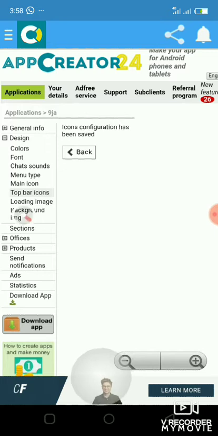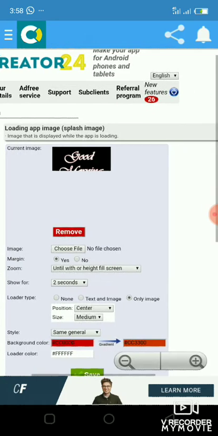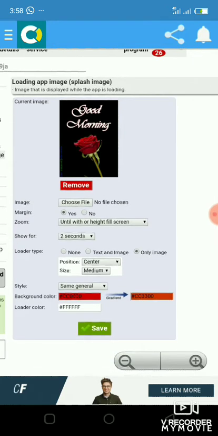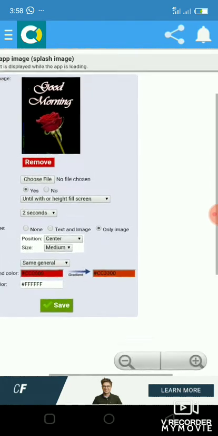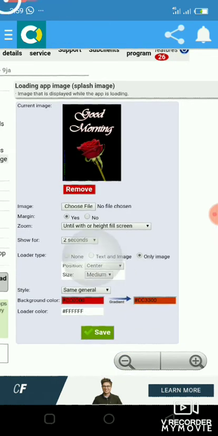Then the next on my list is the loading image. Now click on the loading image. This is the current image on my app. If for example something is loading, like if you are on some websites, if you are downloading something, there's a particular image that will pop up. Or if your message is loading, or your WhatsApp is loading, or your Facebook is loading, there's a particular image that normally shows in any website. So this is where you can select the image that will show as your loading image.